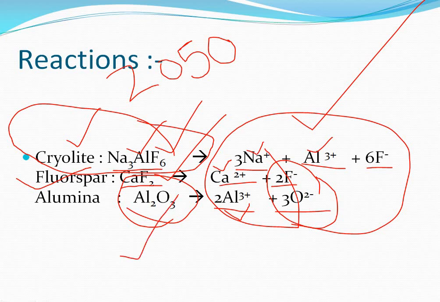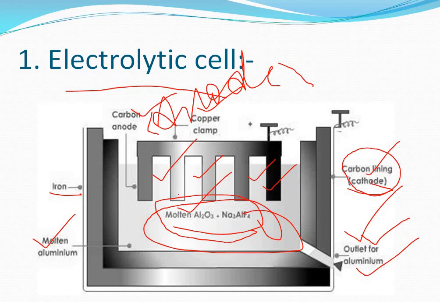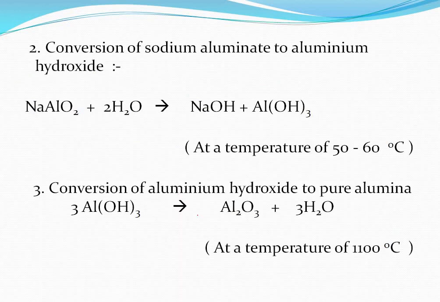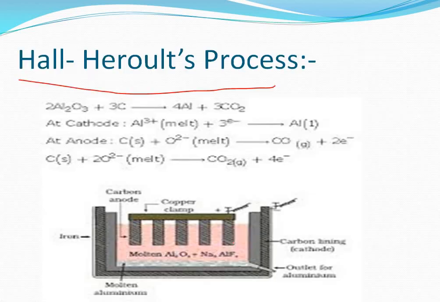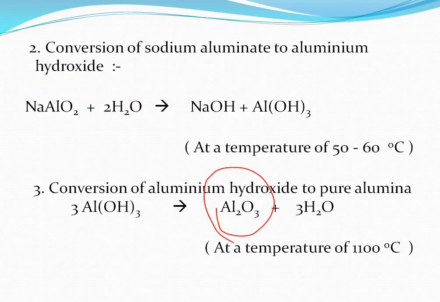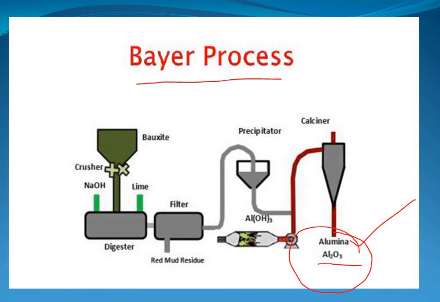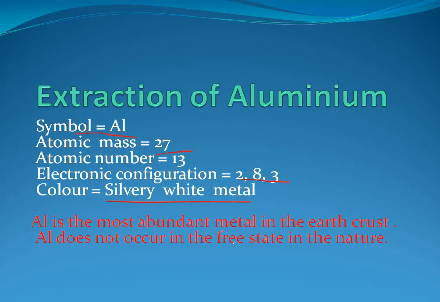And alumina we are using because from this alumina we are getting our pure metal, and that alumina we get from the refining process. Alumina we are getting from the Bayer's process. The end product of the Bayer process is the alumina. So in the case of extraction of aluminium, do both processes occur simultaneously or one after another? First we do the Bayer's process, and the second process we do is the Hall-Heroult process. Both processes are used together.